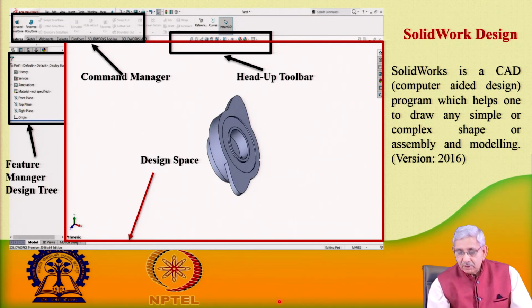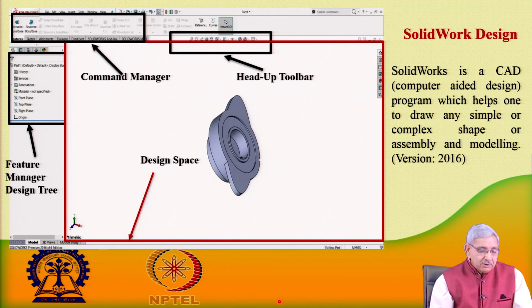This software is a computer aided design program which helps to draw any simple or complex shape, and for assembling and modeling. So, we will assemble and model the process by using the continuity equation and the momentum equation.